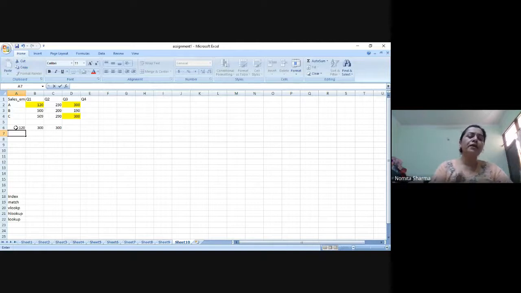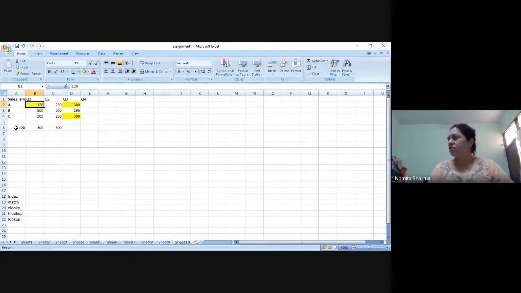Now see over here, you can see that we have only one array and we have one simple table, right? There is one simple array that we are using, but there may be a scenario where we are using maybe more than one tables or maybe more than one arrays. All right. In that case, the Excel index function will allow us to give a reference to that particular table also.